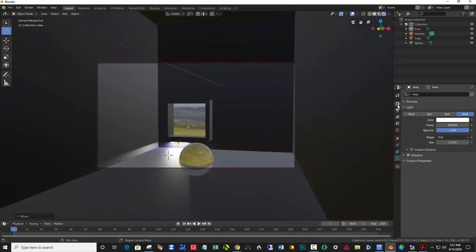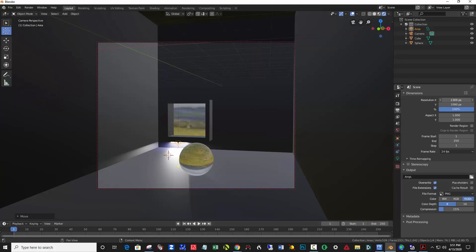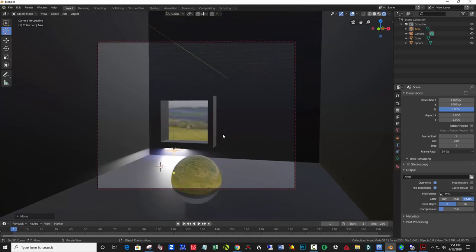I'm also going to change the size of this window. I'm clicking on the Output tab and taking the X down to the left, zooming in,